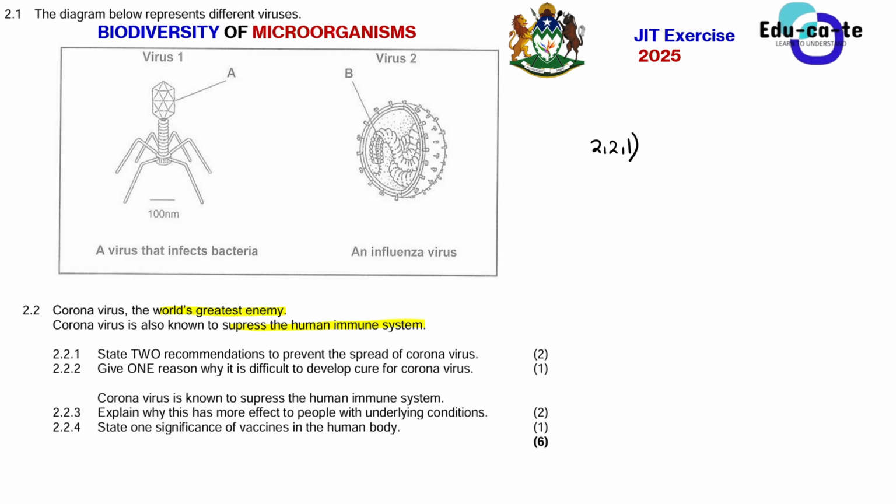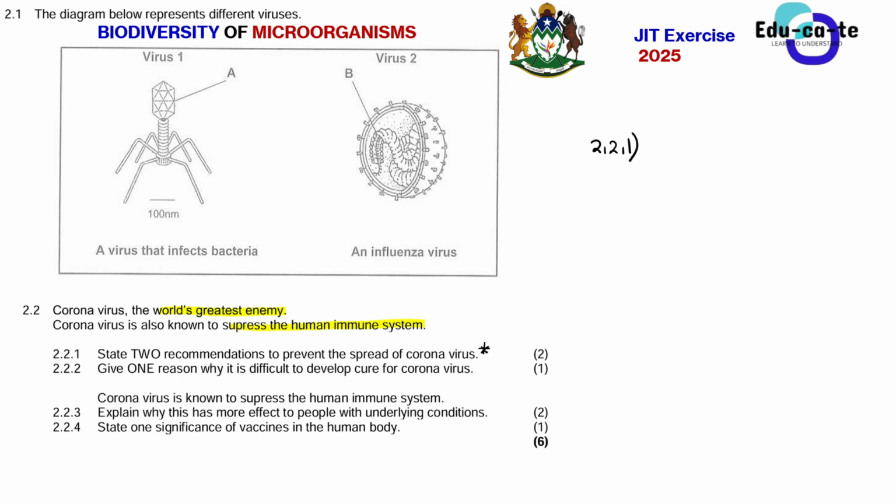Because you know what you were doing during COVID-19 times. So now there's a state 2 recommendations to prevent the spread of the coronavirus. That's a 2.2.1. So for you to be able to prevent the spread of coronavirus, remember that you just need the virus to not come out of you and get to the other person. So you kind of don't need to cough in public and transmit the virus to other people.